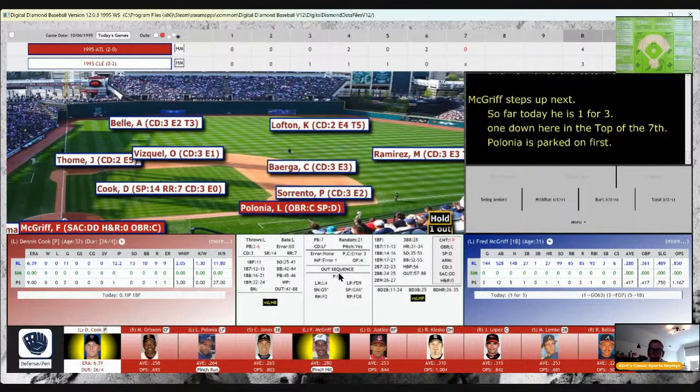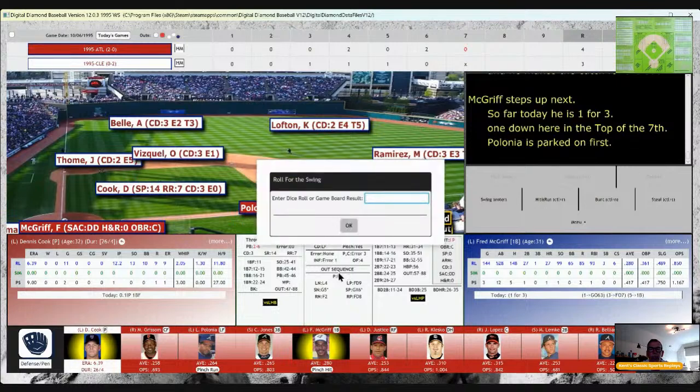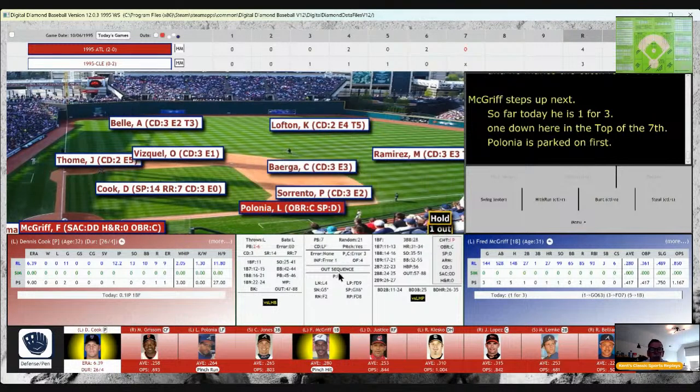If CD4 at shortstop, batter is out. He is not, so it's just an E6. And that's going to have runners now on first and second with 1 out after the boot by Vizquel.